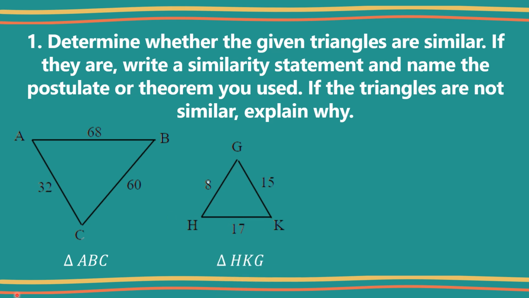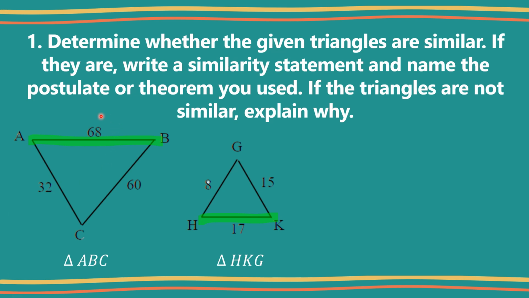Right, now that I have named both triangles, I can start checking if their sides are in proportion. I'm going to start by looking at my largest side on the triangle on the left and my largest side on the triangle on the right, and I'm going to create a ratio. So my first ratio is going to be